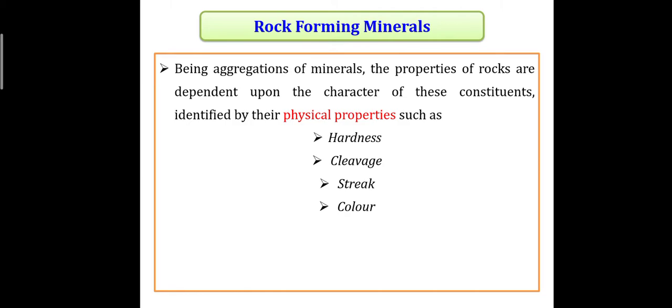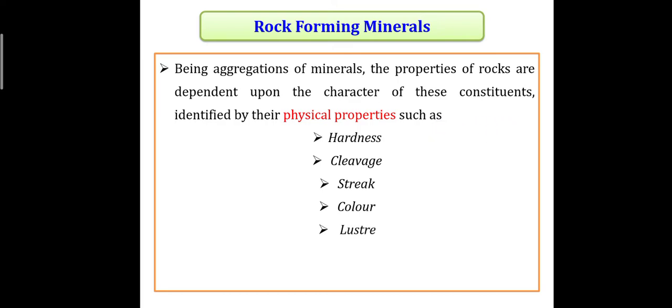How are they similar? Because streak deals with the color of a material or a mineral, and color also deals with the appearance of the mineral. Quartz may look transparent when we look at it, so the color can be transparent or glassy. When you break it, you can see it as a white powder or white-pink powder. So when you break it, the color changes. When you powder it, you can see the true color, and that is streak. When you see a mineral without powdering it, that is color.